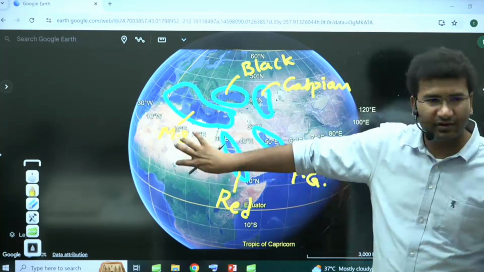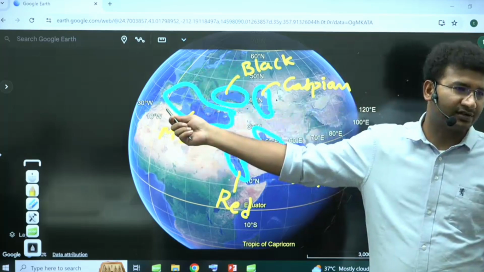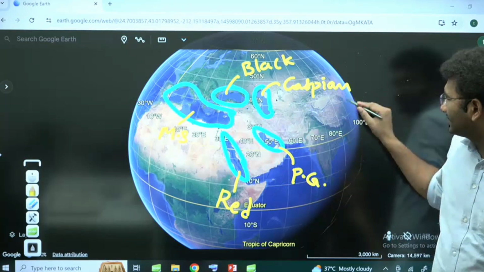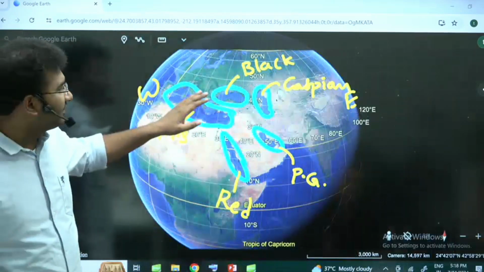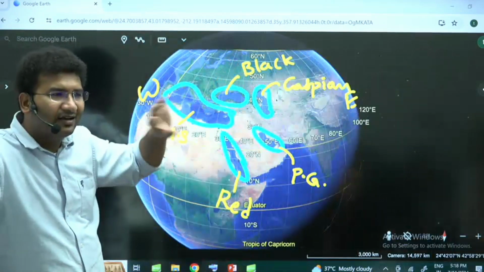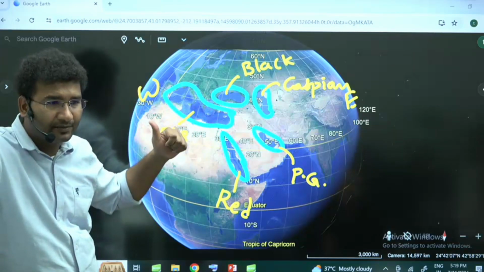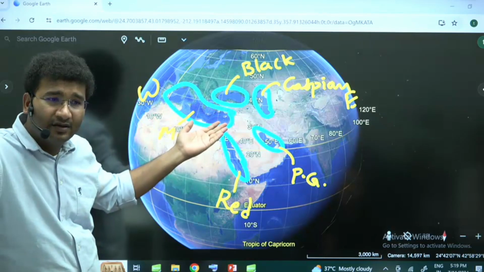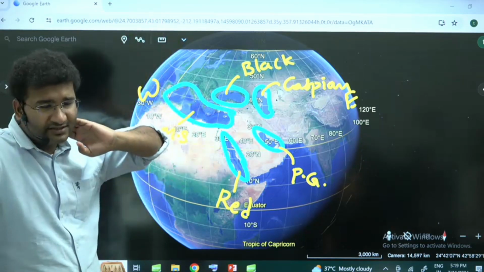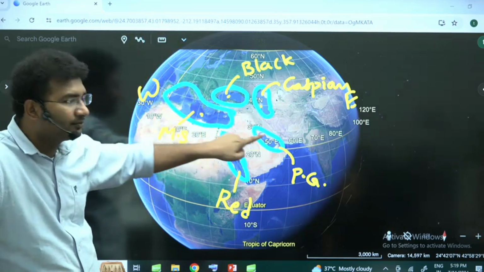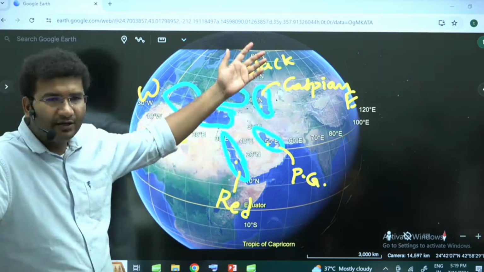Because this is a continent. The continent will also give heat to them. And one more thing, they are all present on the western margins of the continent. Are they not present? This is the eastern side of the continent and this is the western side of the continent. So these seas on the western margins of the continent receive less rainfall. And there is a good amount of sunlight during the times of summer. And there are deserts. Any small water which is there will be evaporating. Now with all these factors, these waters will have high temperature. These high temperatures are primarily because there is unequal distribution of land and water.